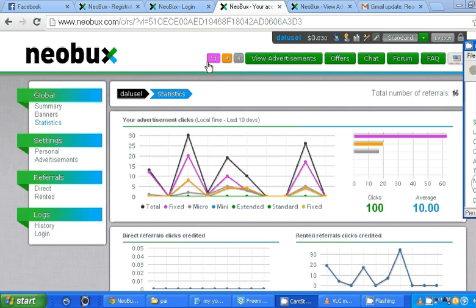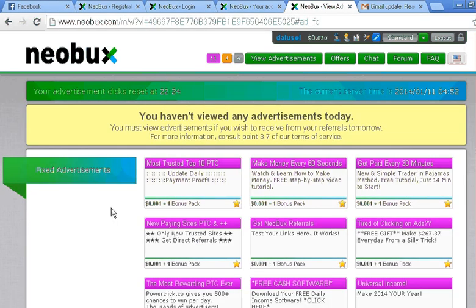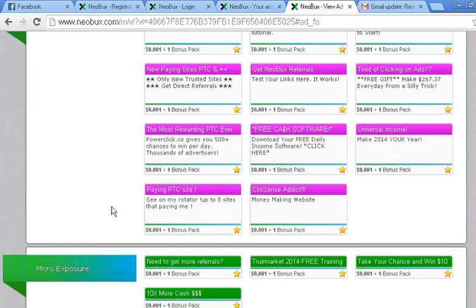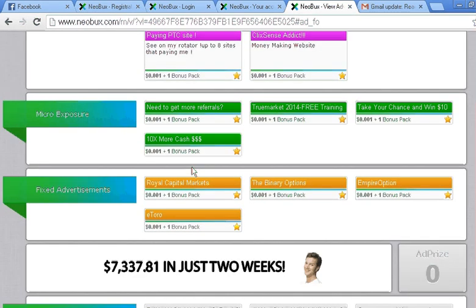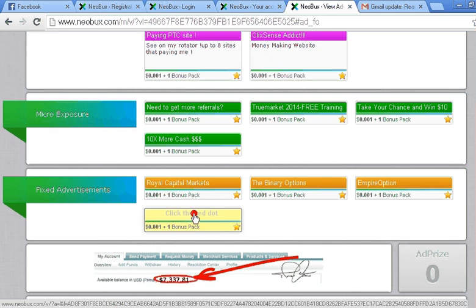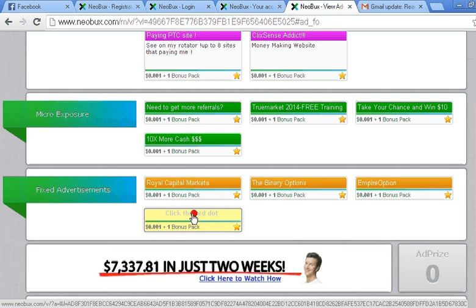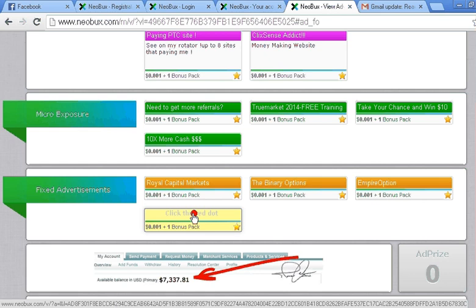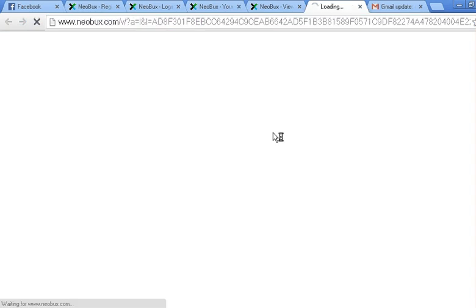Okay, now you see this. Once I click this, I'll be taken to this page where I can view my advertisements. I have to click any of these, and you see the red button here. Sometimes it becomes green and sometimes red. You have to click exactly on the red button, and if you miss the red button three or four times, the particular advertisement may disappear. So just click on it and the page starts loading.